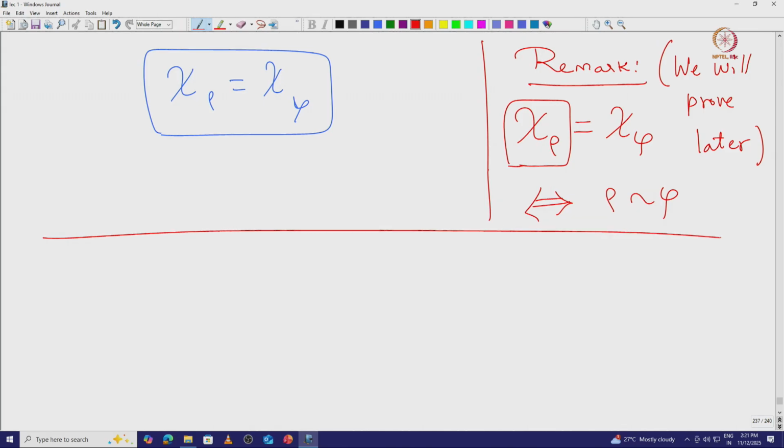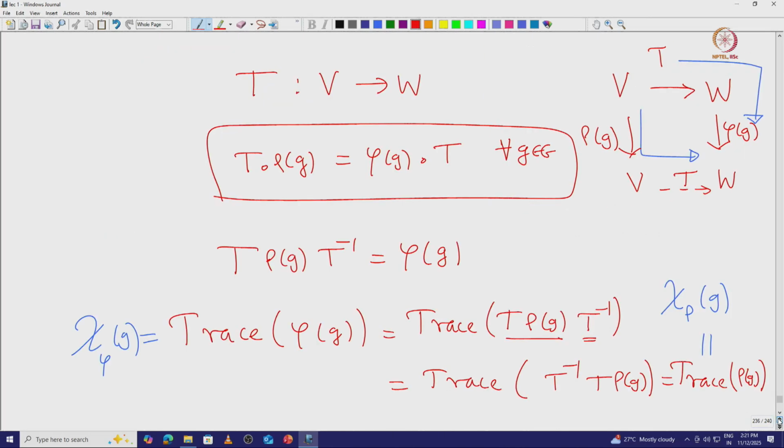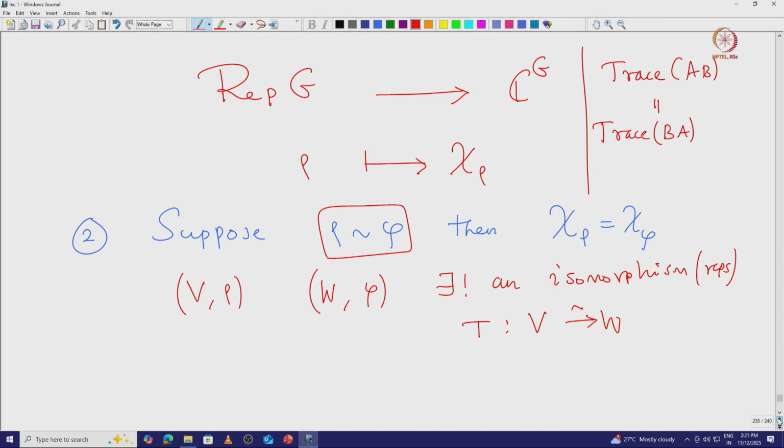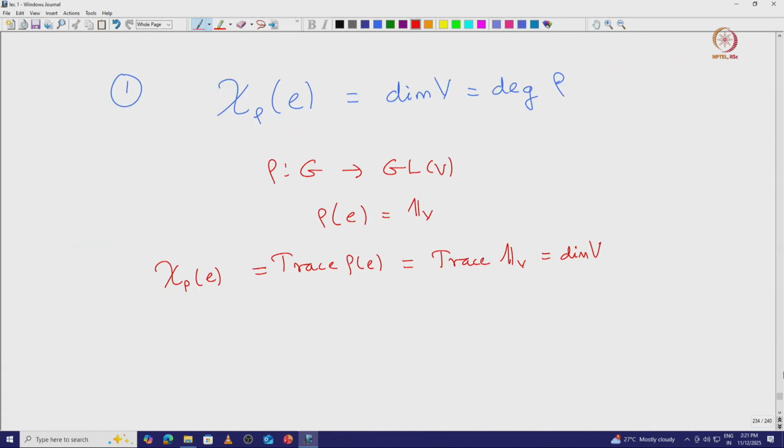For that purpose, we need to understand how the character behaves when we take the direct sum. This character function, rho goes to chi rho, is indeed a very nice function. It is going to respect whatever operations we have in this space of representations. Indeed our proof tells us that this map that we have from the representation space to the C valued functions from the group G